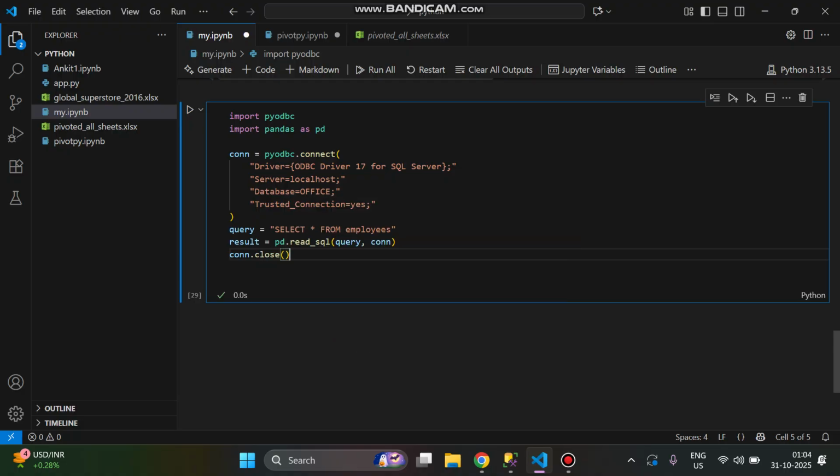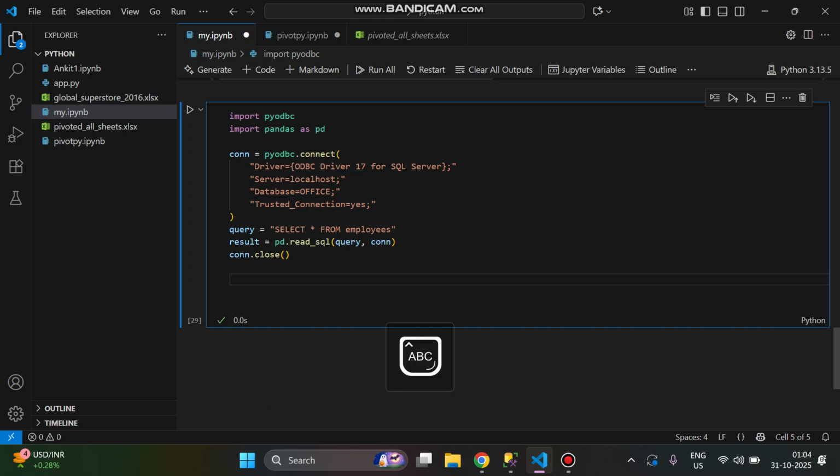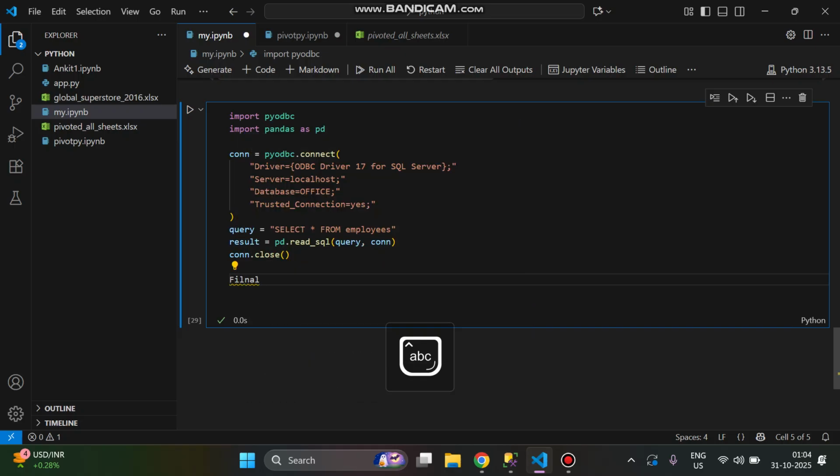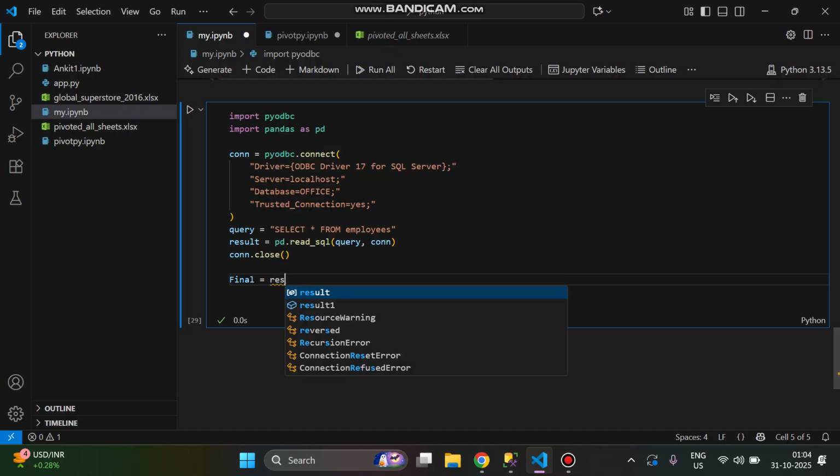This is for reading the SQL code. Now I want the result, right? So I want to convert it into Python. So how I'll do, I will take final equals to result